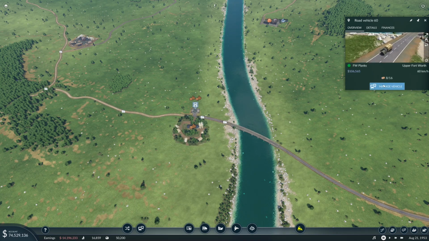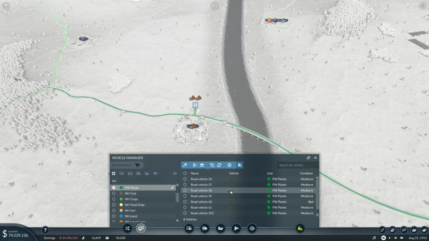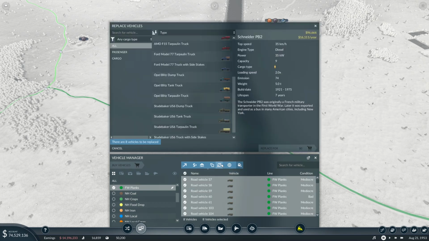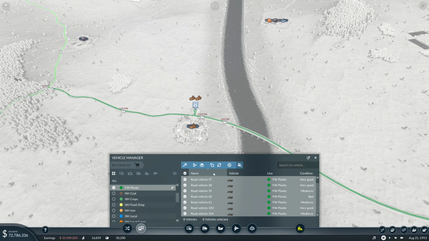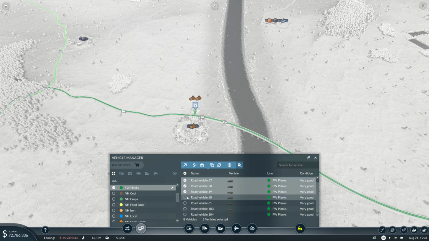Okay, well, let's do a few things here. So FW planks, right? Manage the vehicles on this line. They're all pretty mediocre to bad. So let's do a quick replace all the selected vehicles for me, please. And we'll get the, oh, it is actually these guys, right? So we'll go ahead and do a bit of a replacement. Then at the same time, we'll probably